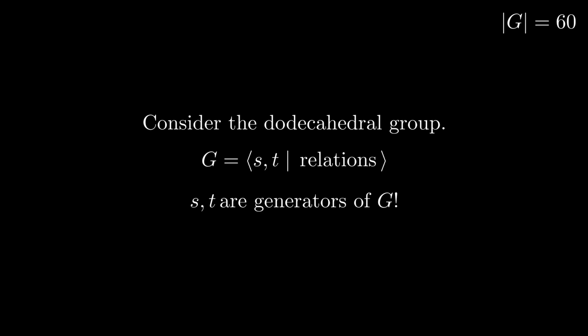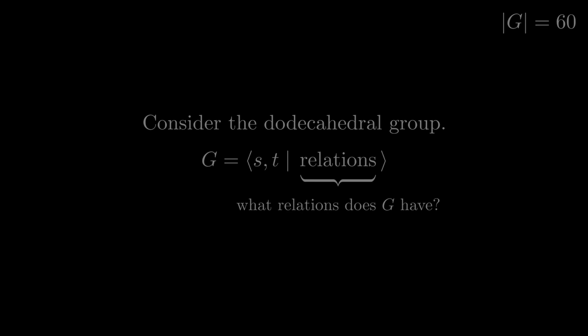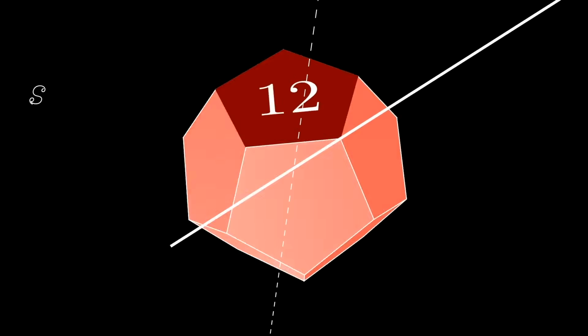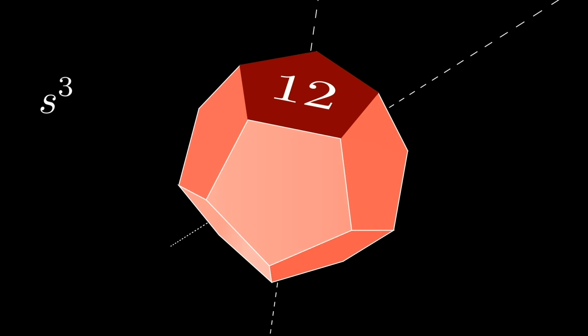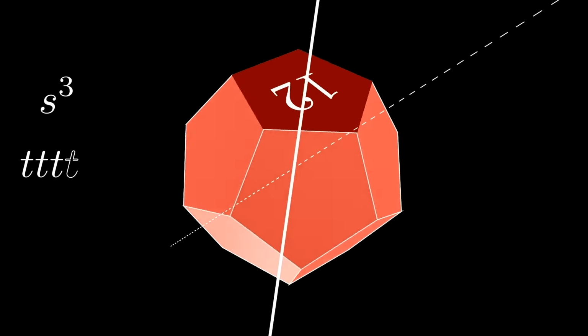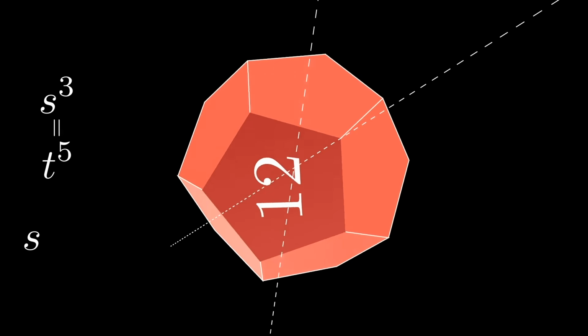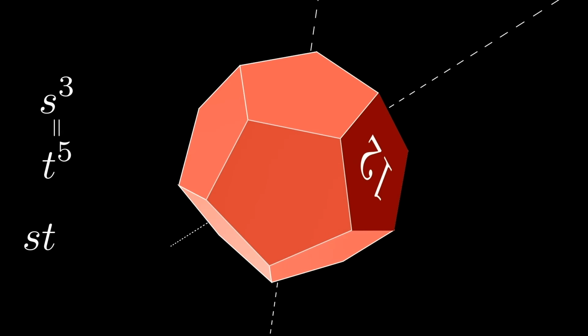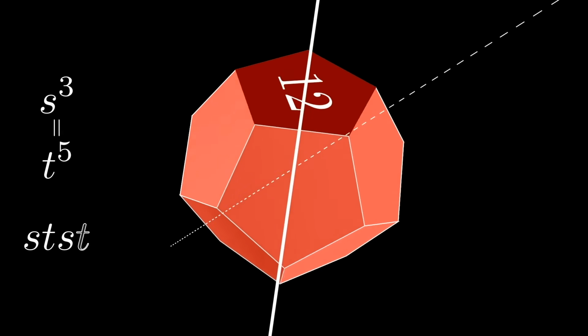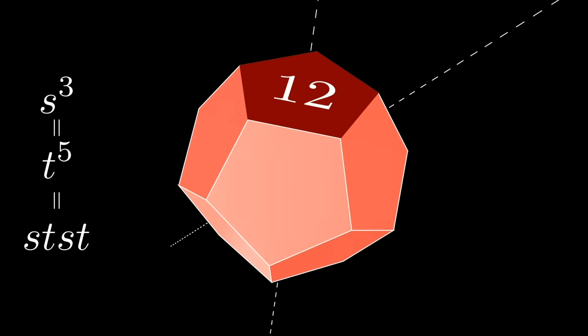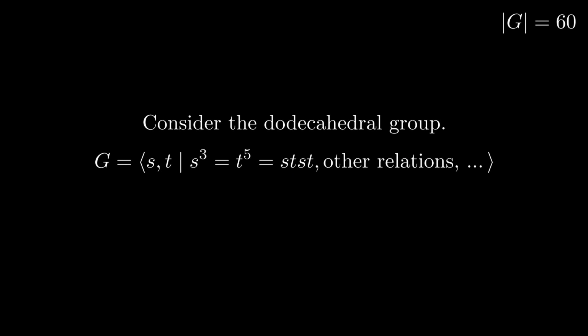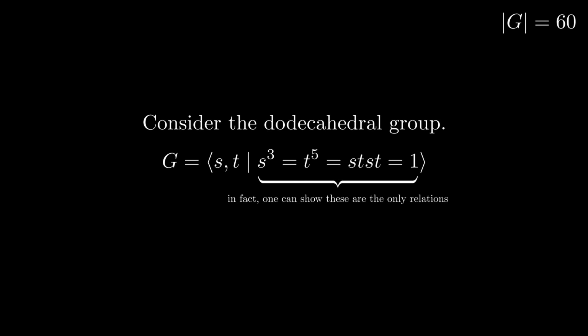So now we have some generators of G, but what about the relations? Well, we already saw some of those. If we do S 3 times, that's the same thing as doing T 5 times. But also, if we do S, and then T, and then S, and then T again, that's also the same thing. So the relation S cubed equal to T to the 5th equal to ST squared appears. Indeed, there might also be some other relations. For instance, we also saw the following relation,